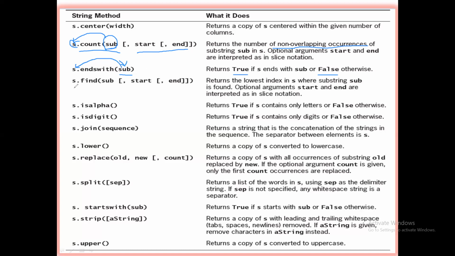Okay. The fourth method is s dot find of a substring. That means you will specify a substring as parameter, and this particular method, the find method, identifies whether this substring is present in the string or not. If multiple occurrences are there, it returns the first index, the least index of the substring as output. Okay, so it returns the lowest index in s where the substring sub is found. That means the first occurrence of the substring will be returned by the method find.